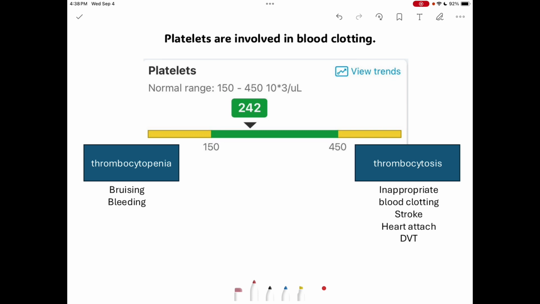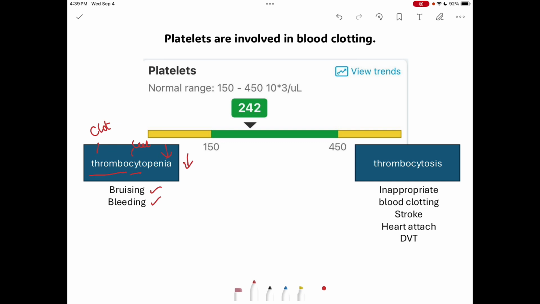So the next formed element we're going to talk about are platelets, and platelets are involved in blood clotting. And we have a whole lot of platelets per microliter, and it kind of makes sense, okay? So if someone has low platelet values, that term is thrombocytopenia. Thrombo means clot, cyte means cell, and penia means poverty, meaning low cells involved in clotting in the blood. So that means a patient will see bruising under the skin. They can have internal bleeding. They're going to have increased clotting time, bleeding gums. Also think in females,